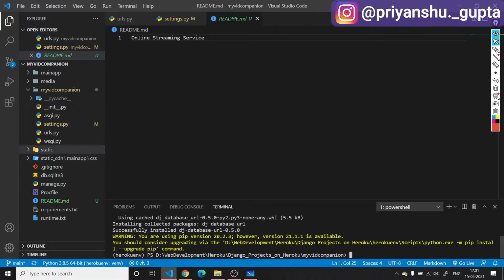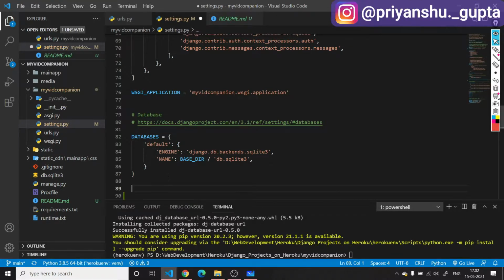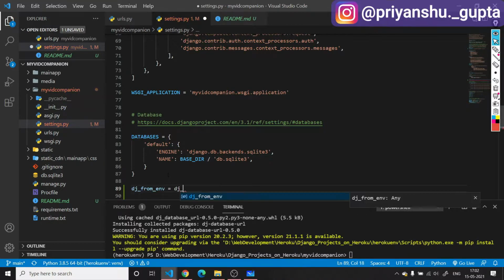Now we have to make certain configurations in our settings.py file, and in the databases settings we have to do certain things here, and that is db_from_env equals dj_database_url.config. So basically this module that we have installed recently will help you to directly link to your Heroku Postgres database, without you having to add all the credentials by yourself in this database settings.